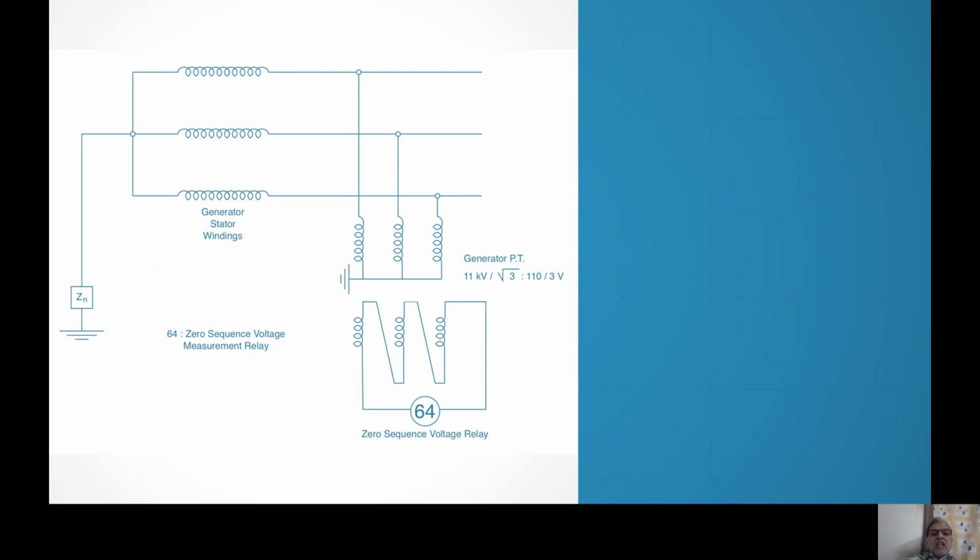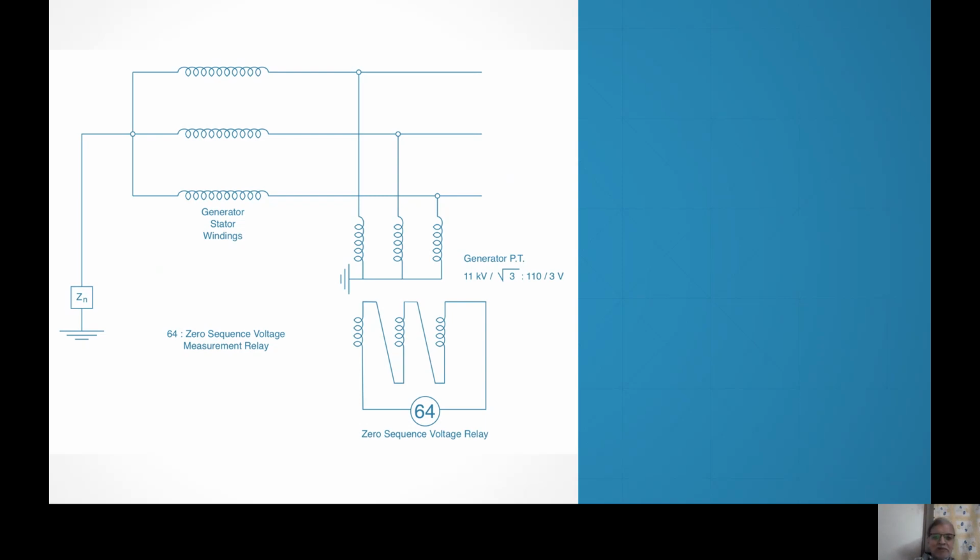So on the generator PT, there are many windings. There are usually 3 secondary windings, because there are many protections. One of the windings is open delta connected, and across this open delta connected winding, we join the relay 64, which measures earth fault. The very good thing is that you cannot protect any percentage with current, but here